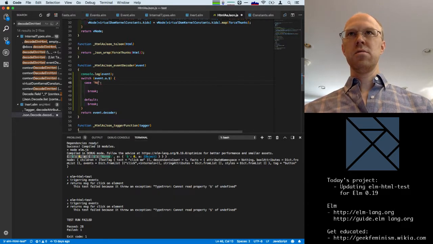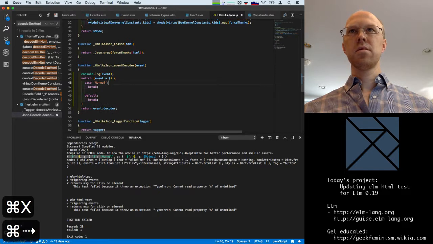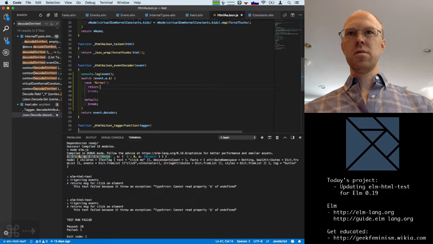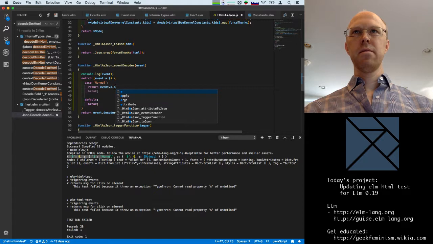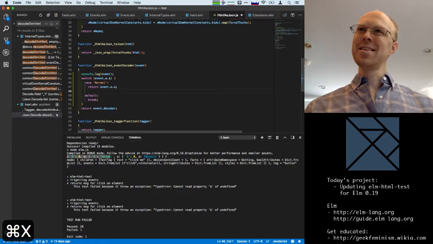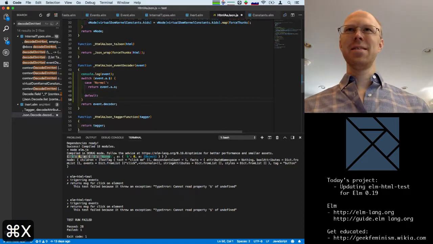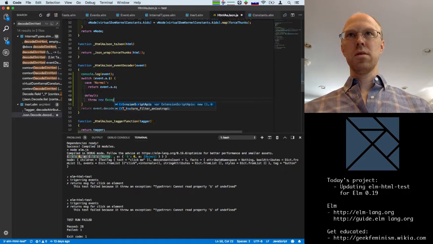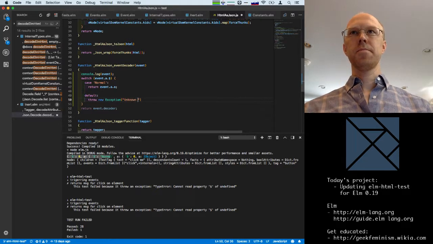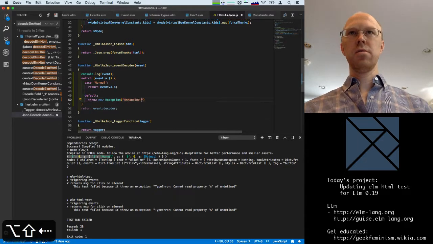And if it's normal, then we are going to return event.a.a. Not the most readable code, but otherwise we are going to throw new exception, unknown or unhandled.